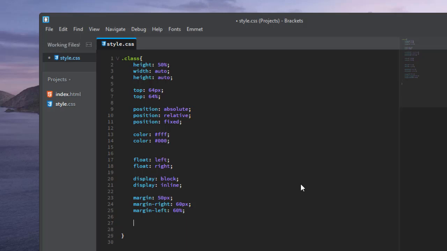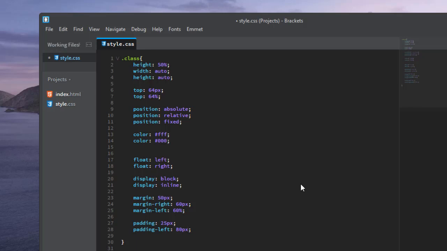Also, as you know, if you're working with CSS, you work a lot with padding. So the padding is letter P, and you have to add the number of pixels, 25 for example. So you have percentage or pixels, 25 pixels for padding. You can also use PL for padding left, and you can specify how many pixels you want. Okay,